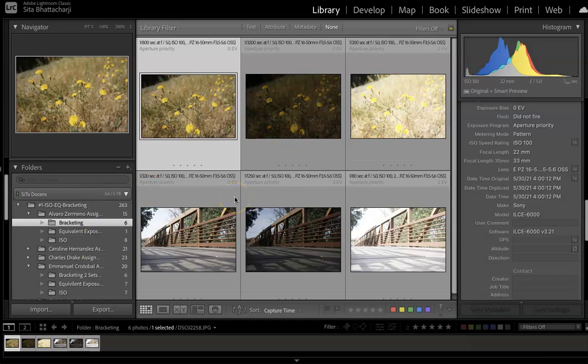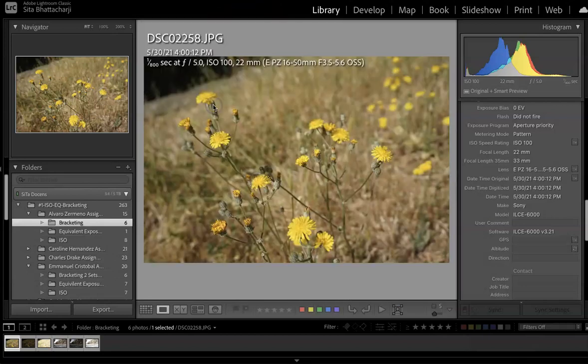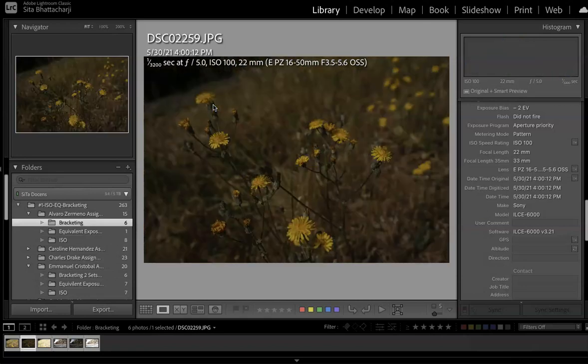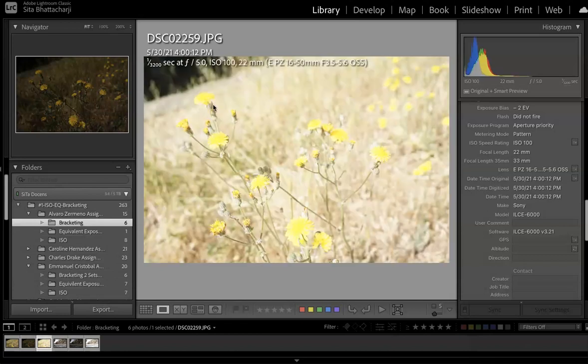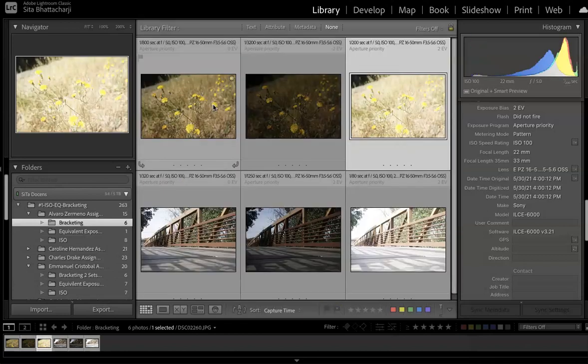And we're looking here at the bracketing section, so you can see the two sets of three. And Alvaro did a good job here. So this first image is the correctly exposed image. The second is underexposed, and the third overexposed. And again,